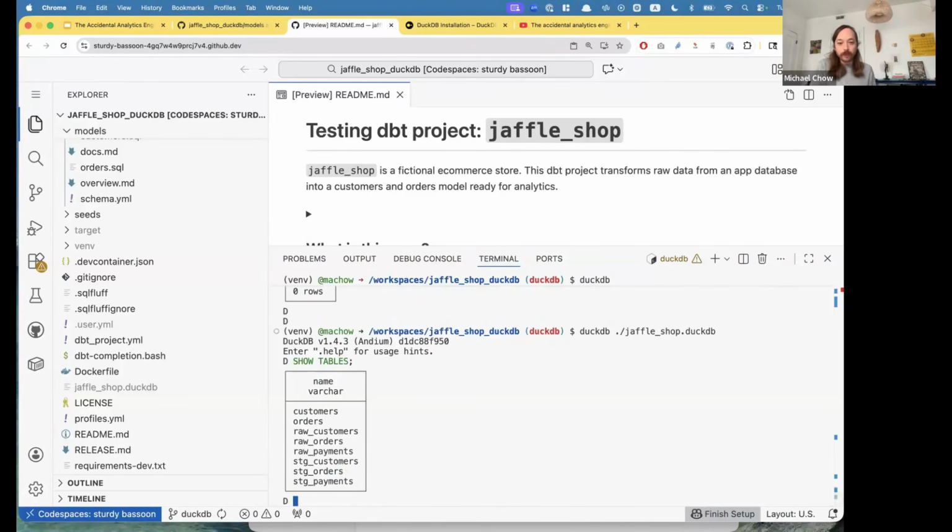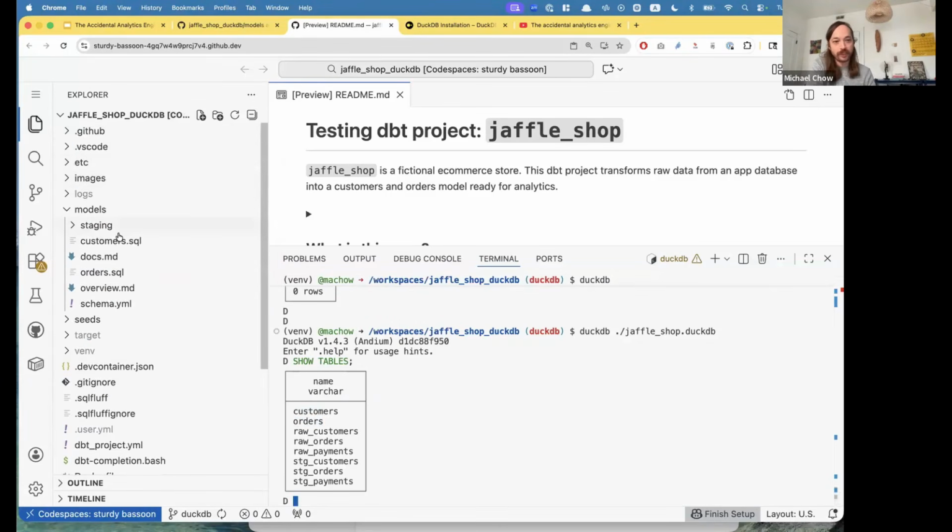All right. So notice now we have a customers table and an orders table, and that matches these SQL files in models. That shows us DBT did something to create these tables from these SQL files.